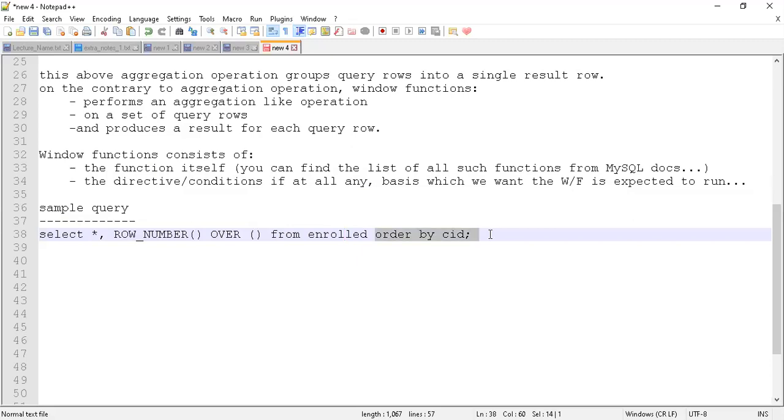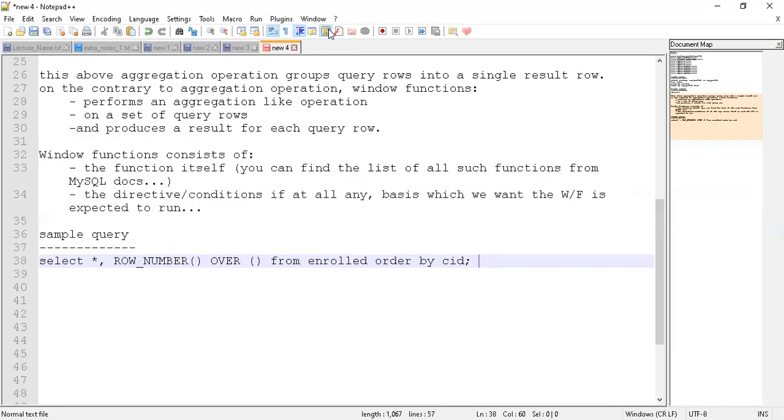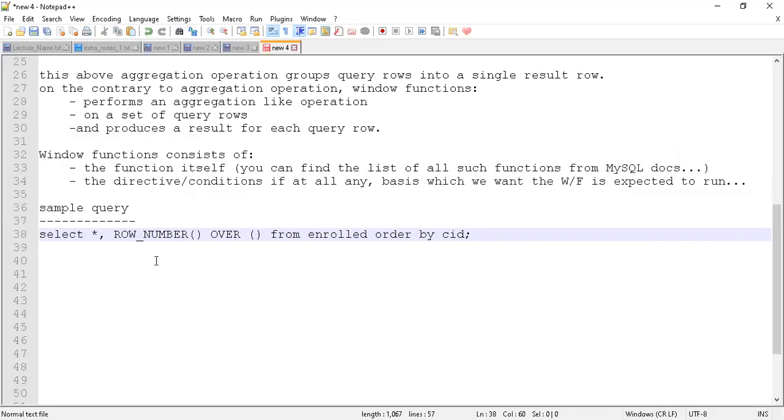But technically it makes no sense to group the data anymore, because I'm going to show all the output. That's why you will never see any database implement these kind of window functions using group by. You have to leave that concept now, that there is any grouping which is going to happen. No grouping is going to happen right now. If I run this, exactly the same output I will get as I have already got.